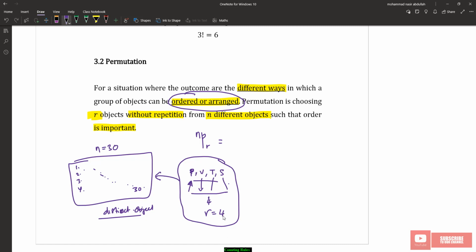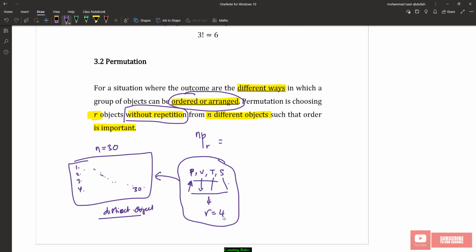Meaning the first one, the second one, the third one and the fourth one, right? So since the objects can be arranged or ordered, the permutation is choosing r objects without repetition. Without repetition means that this group of objects is distinct, without repetition,